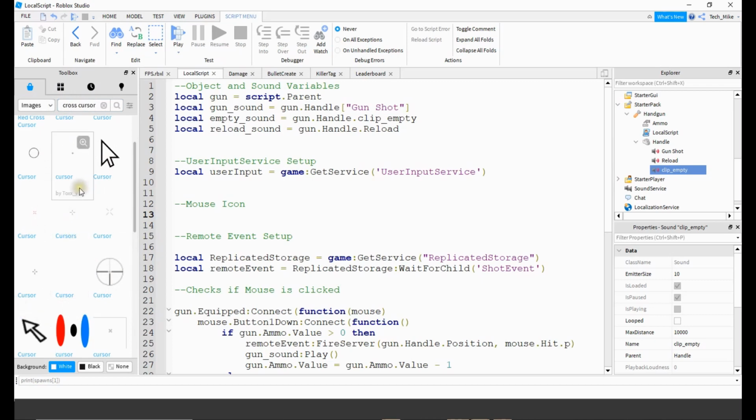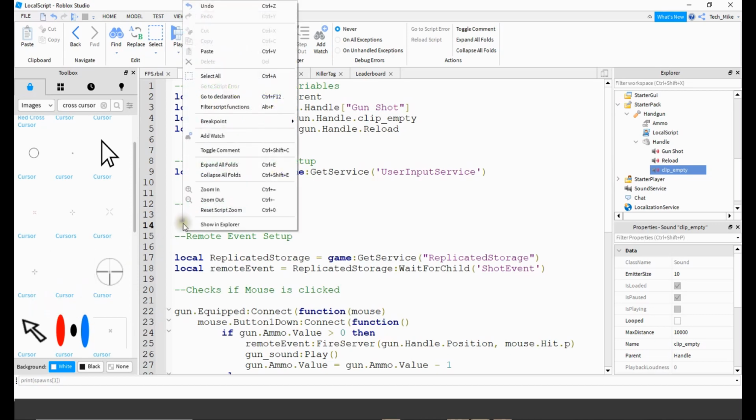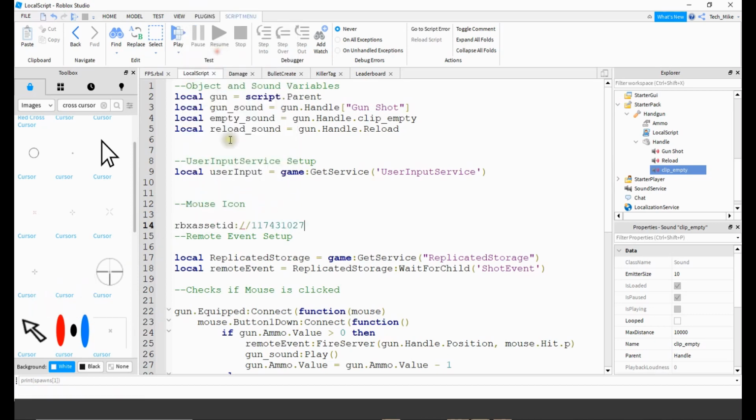To actually use one of these cursors in the game, what you want to do is right click on the one that you want to use, and then click on the last one that says copy asset URI. And then for now, we can just go ahead and paste it somewhere on the script. We're going to be adding a little bit more to this in just a second, but for now, we're going to start by saying local mouse is equal to